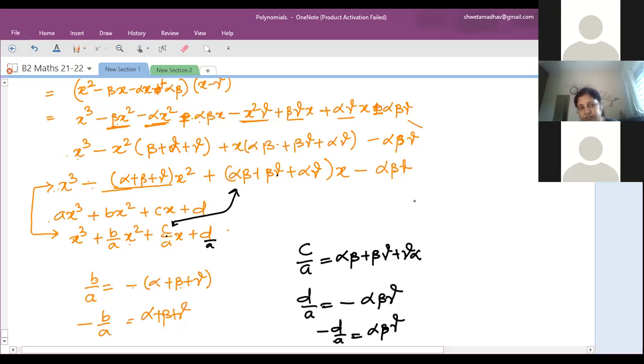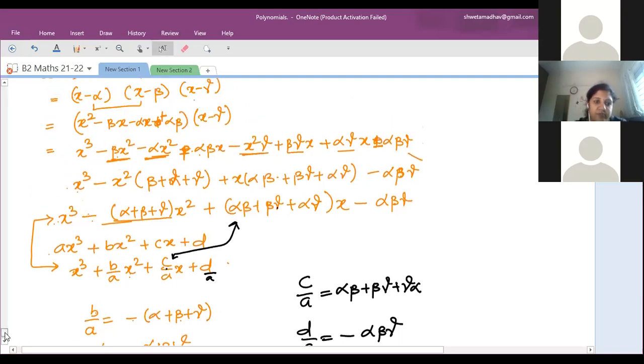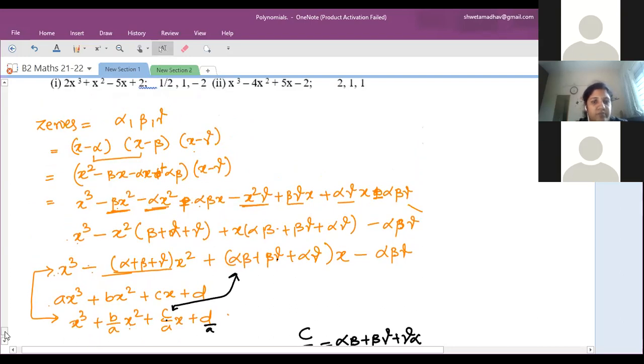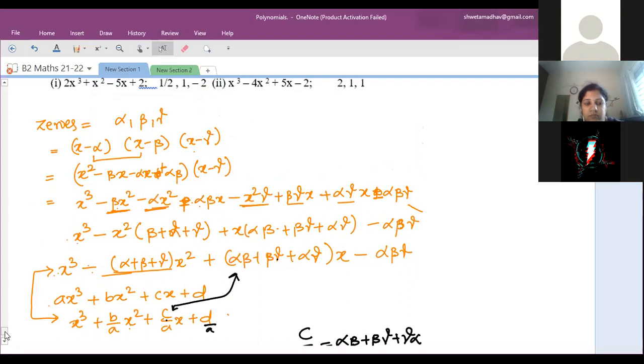Understood? Are we supposed to write this? Yeah, write it down. Ma'am, will they ask this in the exam? Till now not, but we can't say anything. Actually, for you, you should get to know from where that relation came.